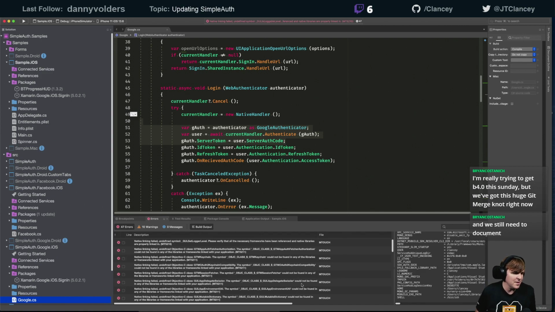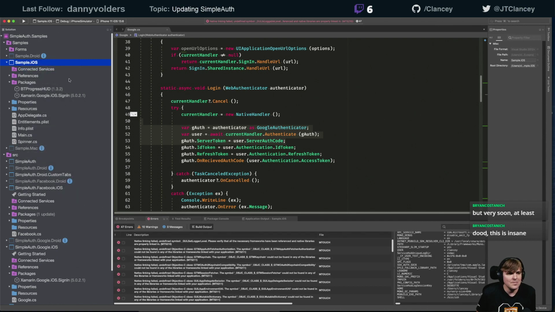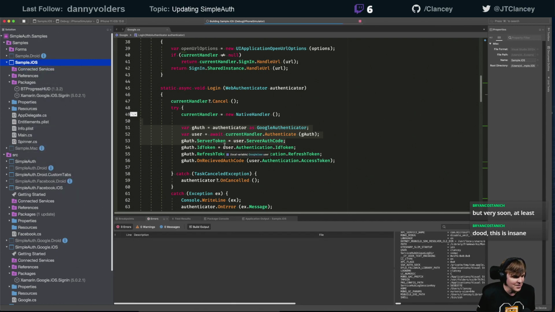Merge conflicts are never fun. Never fun. Hey, you can ship without documentation, kind of. It'd be odd for you to do that of anybody, but hey, I feel you on the merge conflicts. There's a lot of us anxiously waiting though, so